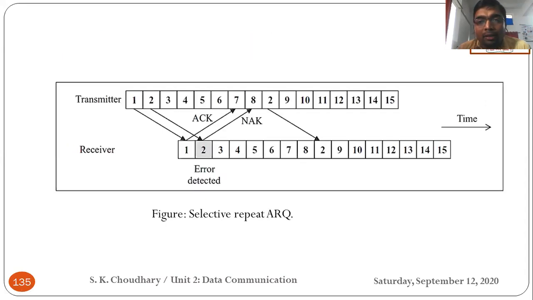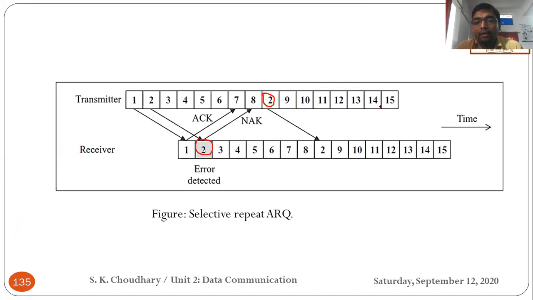So this is the diagram for the selective repeat transmission. You can see here, whenever an error is detected and a negative acknowledgement comes, only that particular data packet is retransmitted, not all the data packets. Only the second data packet is retransmitted here. This is the benefit of selective repeat. The second data packet is corrupted, so only it is retransmitted, and the rest of the successive data units are transmitted as they flow.